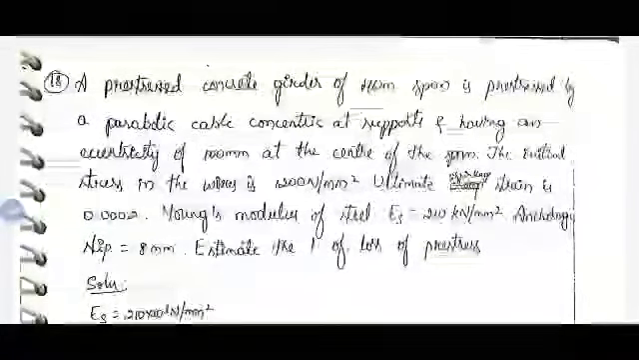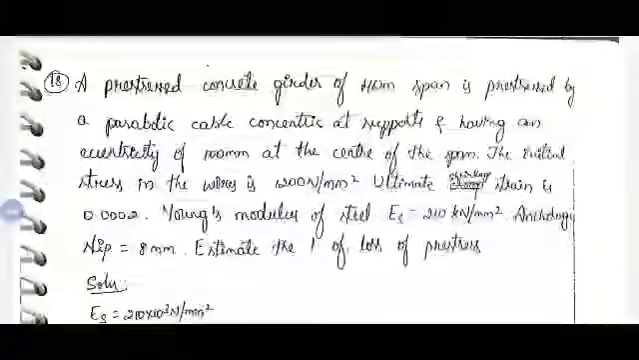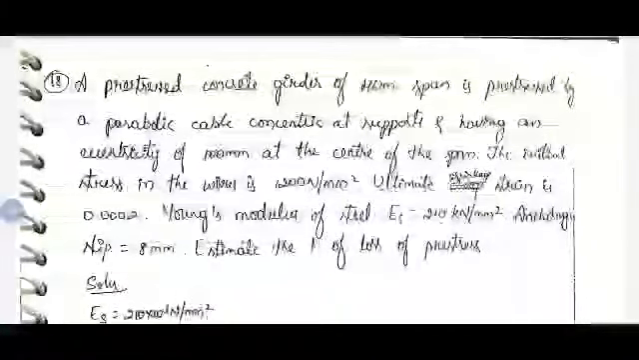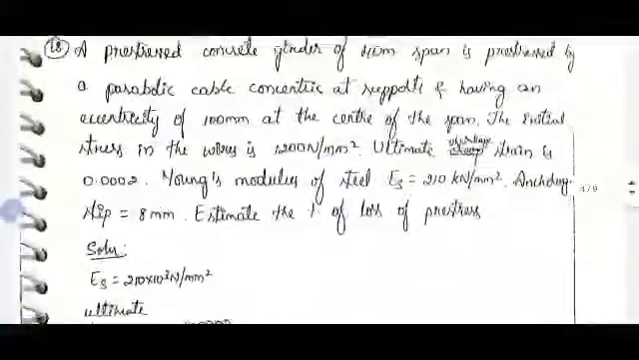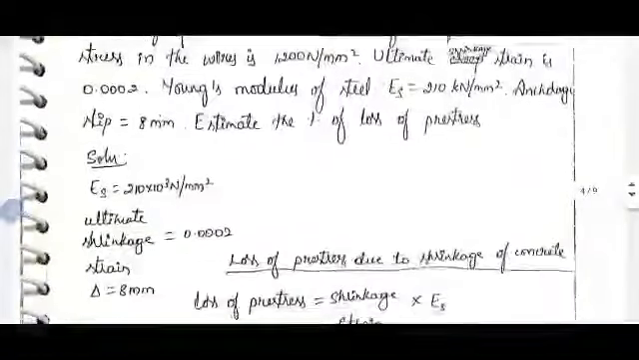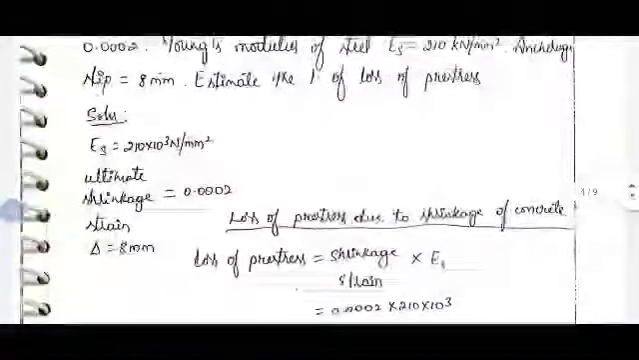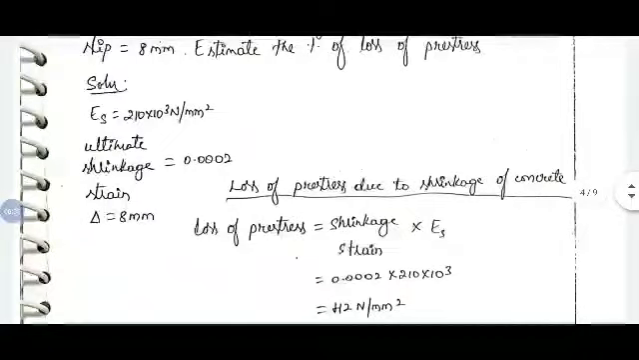Then relaxation, still we have not yet reached it. So like that you need to see the question. In this question we have two losses. One is loss due to shrinkage of concrete, shrinkage strain into Young's modulus of steel. It is